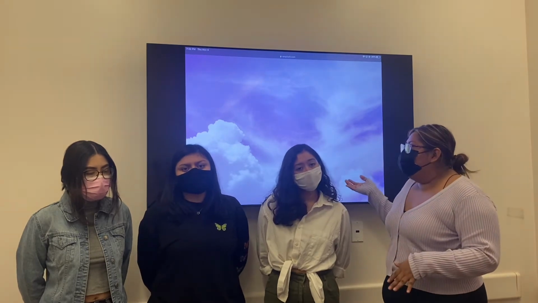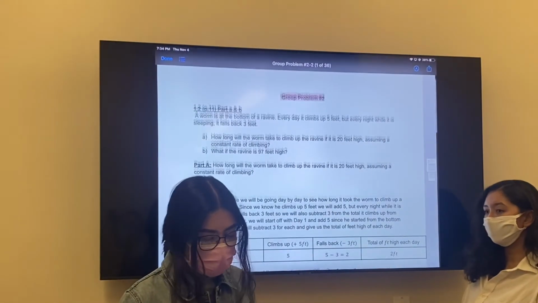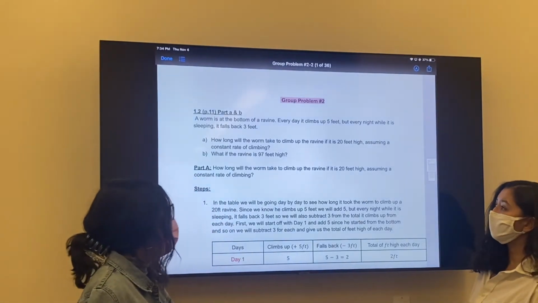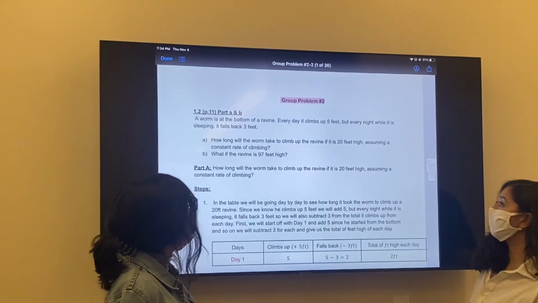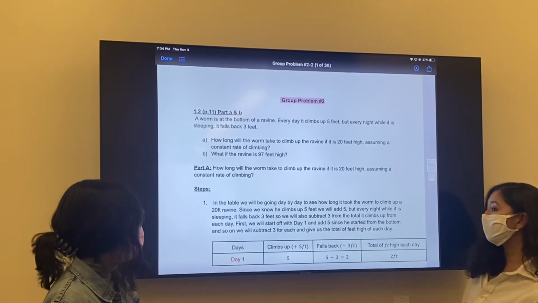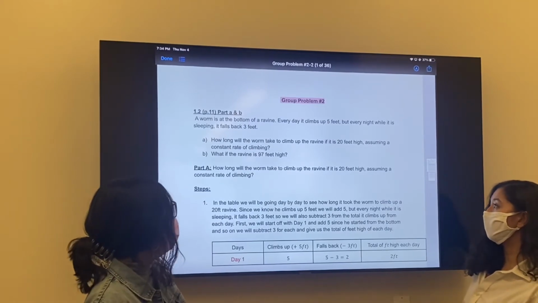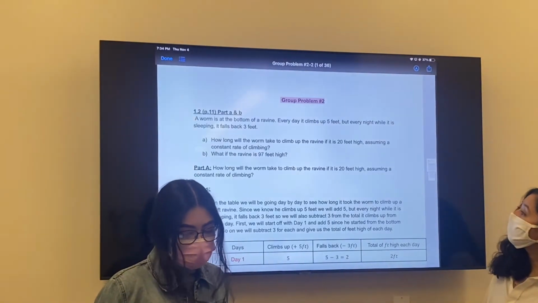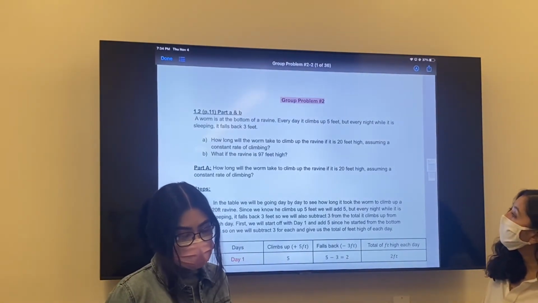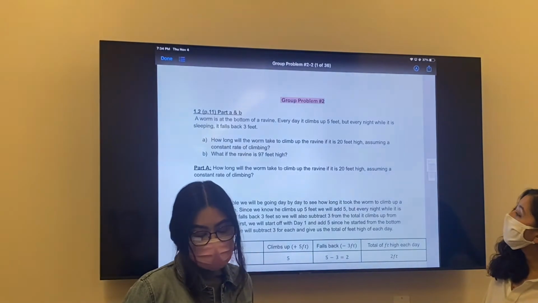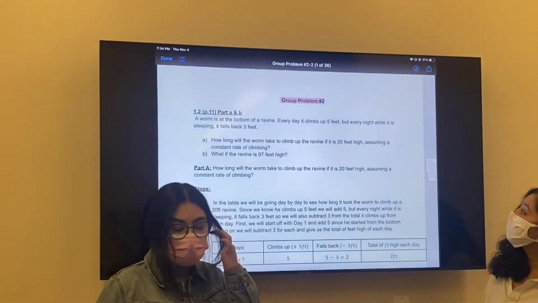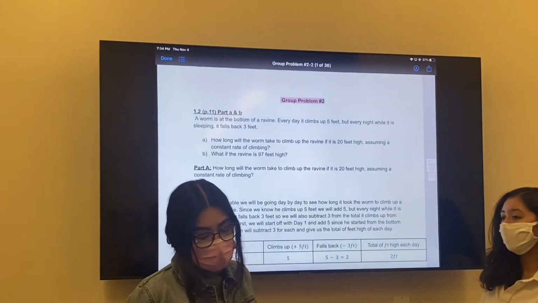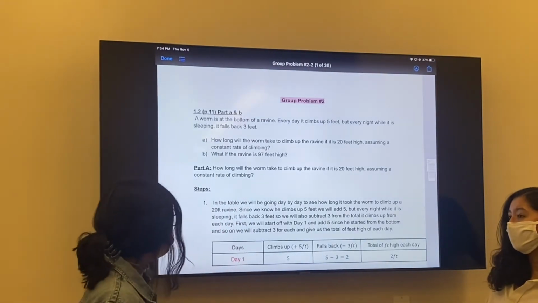our group problem. The problem states a worm is at the bottom of a ravine. Every day it climbs up 5 feet, but every night while it's sleeping it falls back 3 feet. The first question is how long will the worm take to climb up the ravine if it is 20 feet high, assuming a constant rate of climbing? And the second question is what if the ravine is 97 feet high? So for the first part,